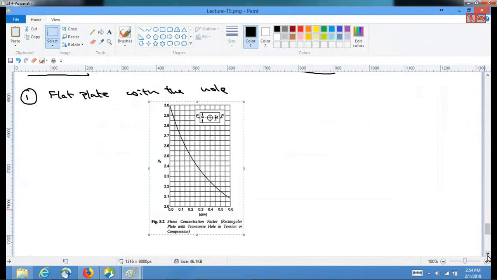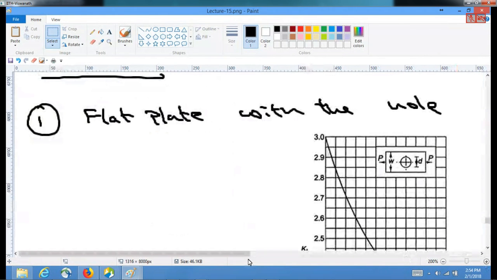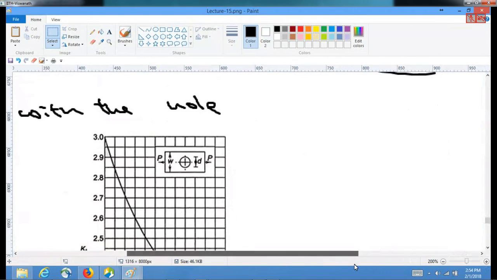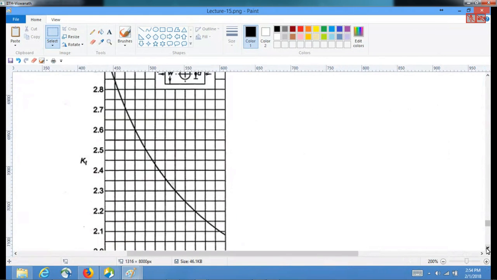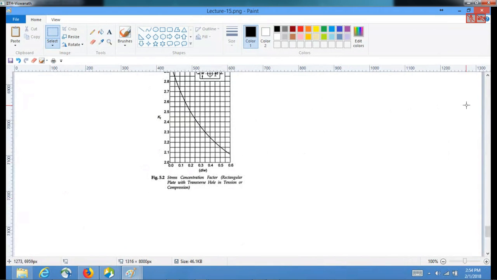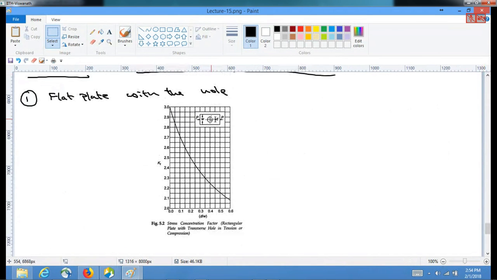So you can see here, I will enlarge it a little bit. Or maybe it is good not to enlarge it. You can see that the inset over here will tell you what type of problem you are working on. I will draw it for you. For example, you have a hole of diameter